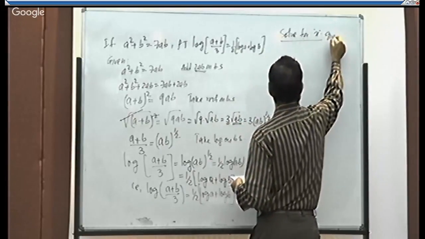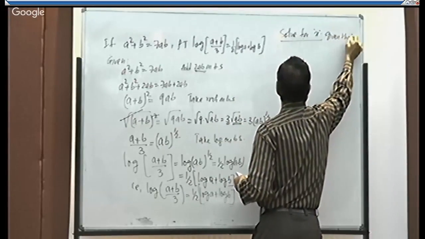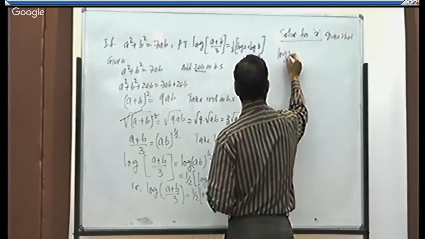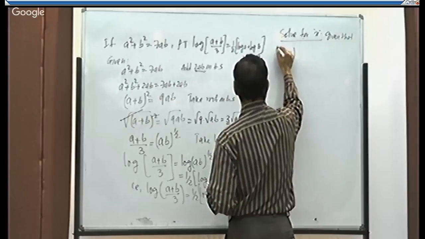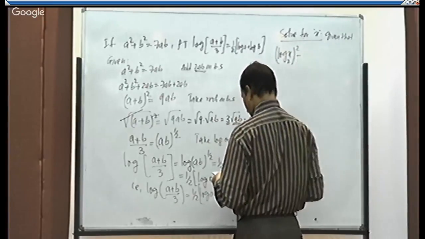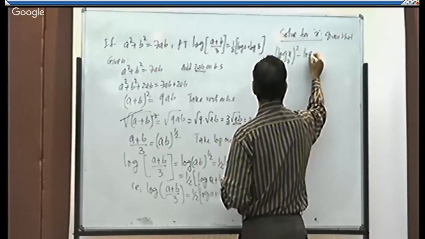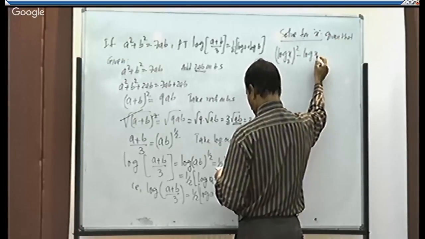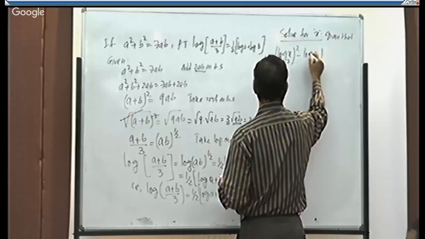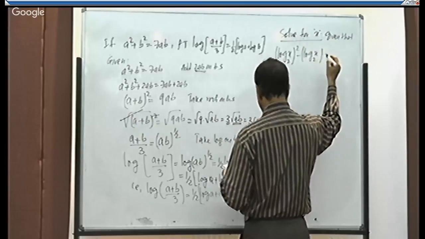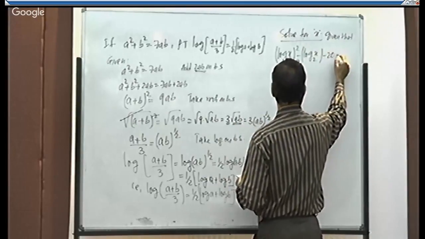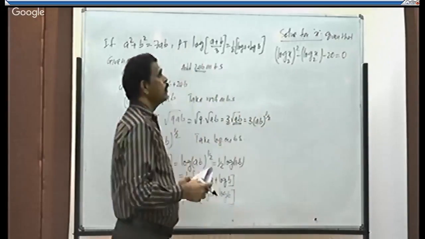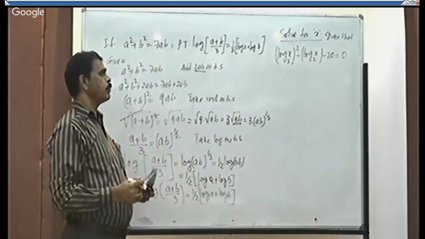Given that (log of x to the base 2) whole square minus log of x to the base 2 minus 20 is equal to 0. So log